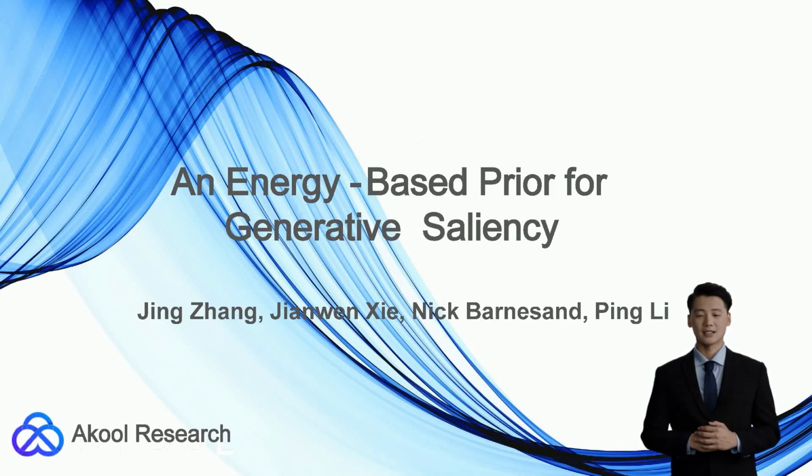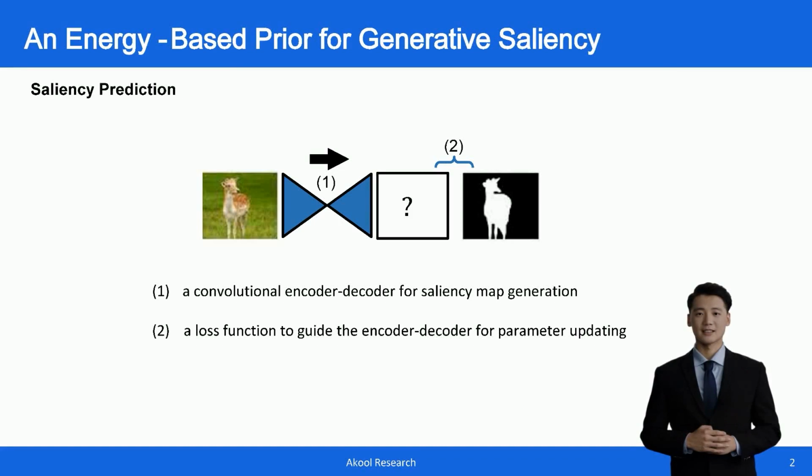Today, I'm going to present a paper about generative salient object detection using a latent space energy-based model. Salient object detection aims at highlighting salient object regions in images, which is binary image segmentation. For example, given an RGB or RGBD image, the salient object detection algorithm outputs a binary saliency map to indicate